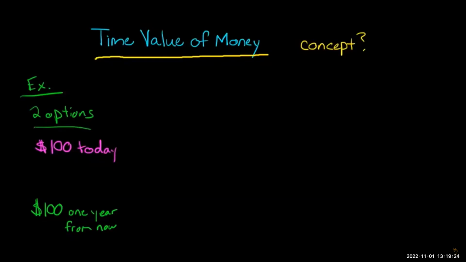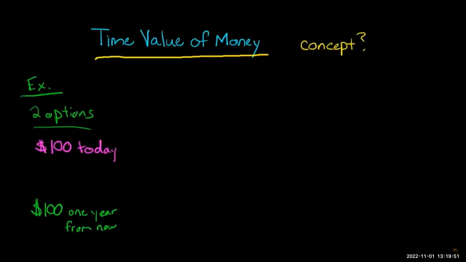So let's look at these two options. Now, which would you prefer? You might say, well, I just prefer the $100 today because I just want the money. I have something I'm already going to spend it on. But let's forget about that for a moment. Let's assume that you don't necessarily have anything you want to buy, but you do want the $100. Well, you might think, I'm indifferent whether I get it today or 1 year from now. But let's think about this, because money has a time value.